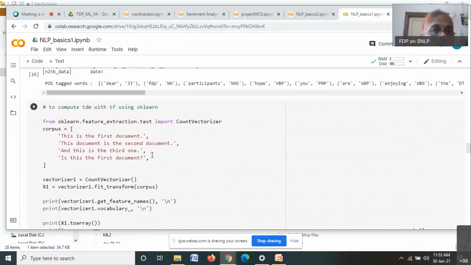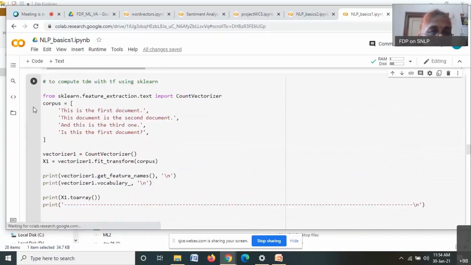So the advantage of a notebook or even Colab is you can run only the required code, not like Spyder where you have to run the whole code. Whichever code you want, even small fragments, you can run. So let me run this.